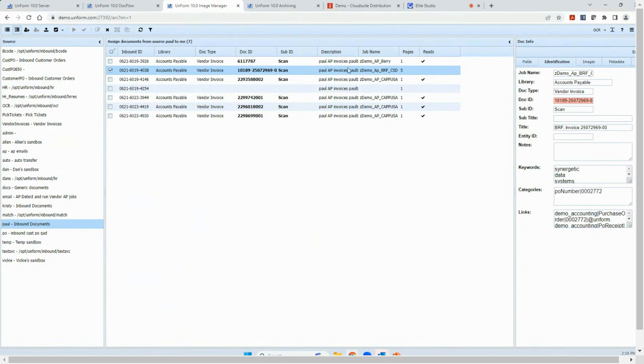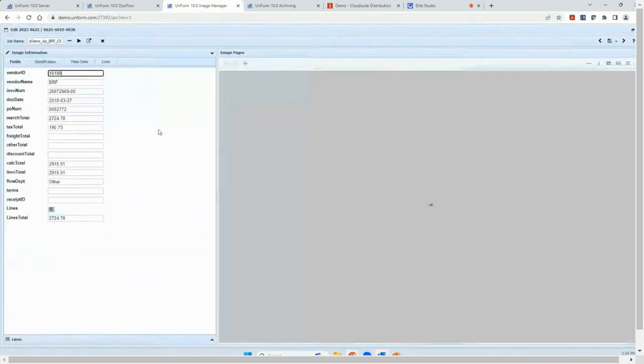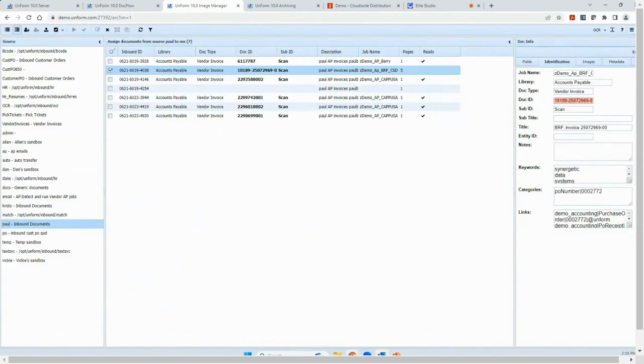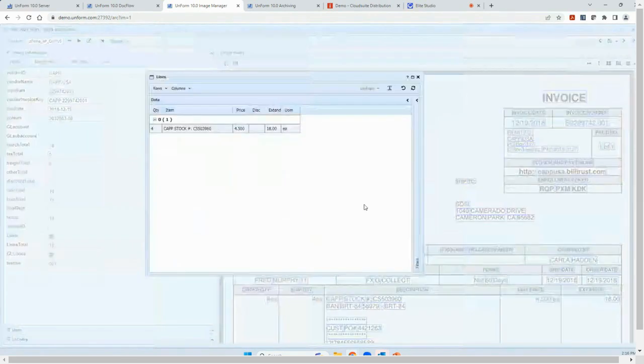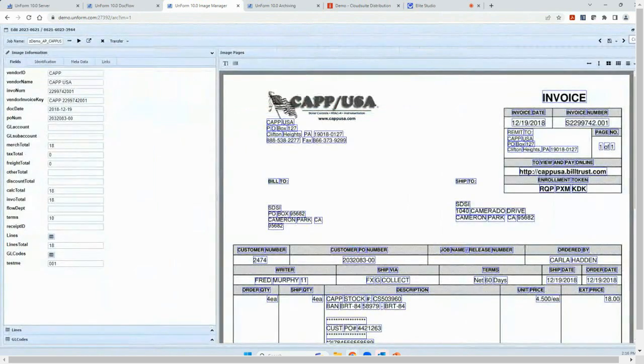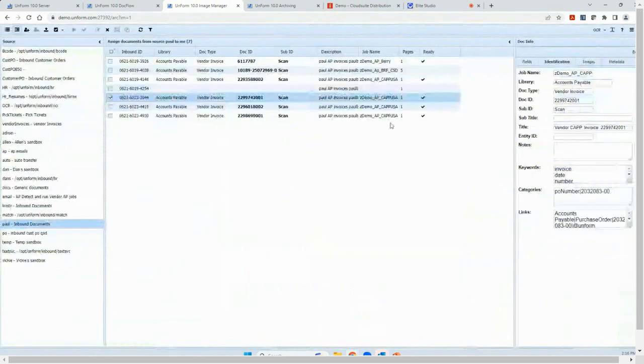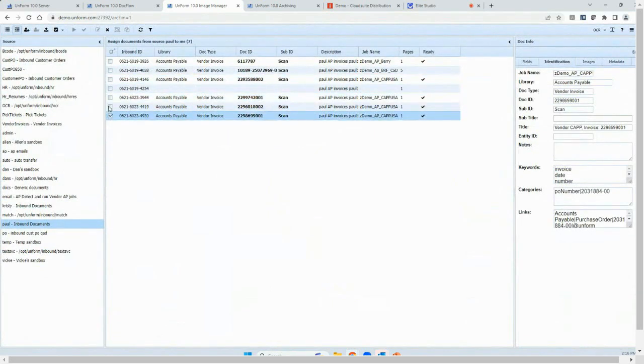And then some of these are also set up, in addition to just sending these in and filing them away. In this example, I've got these set up so that it'll actually extract information. So it's going to pull the line detail off of these invoices along with the header information. And then from there, let me grab a couple of these. I'm just going to do a handful for speed here.